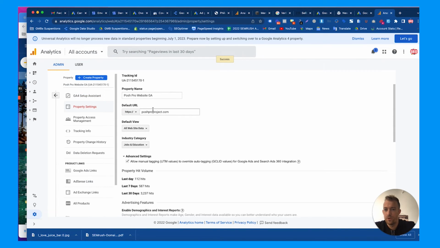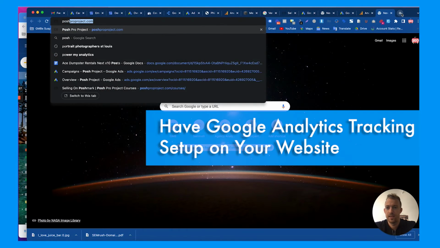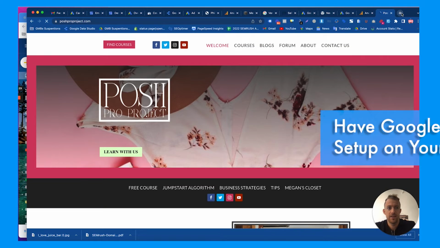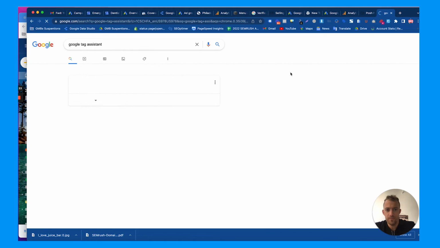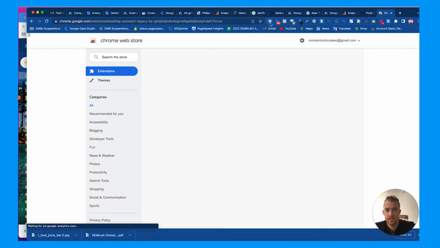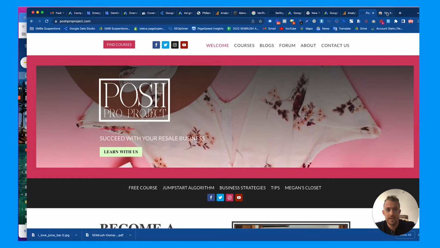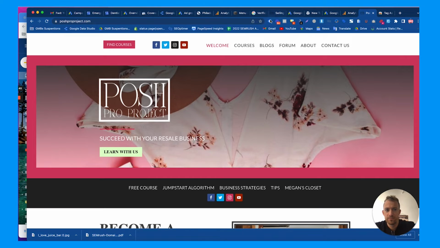You can also set up Google Analytics tracking info on the website. Make sure that is set up. One thing you can do to check that is type in your website, download Google Tag Assistant from the Chrome extension store, which is this little Chrome extension here, Google Tag Assistant. So once you have that downloaded, right here you can download that. You can go to your website, click this button,